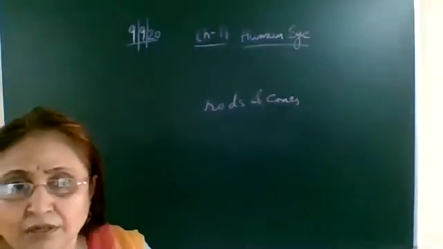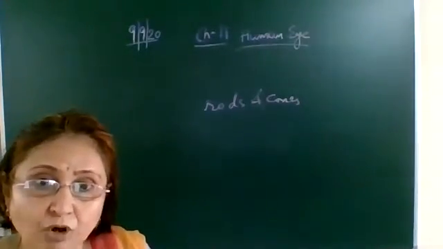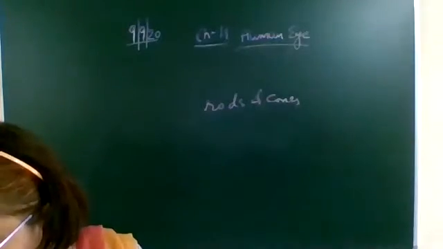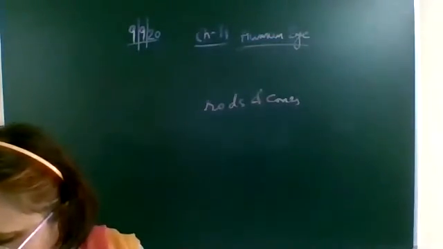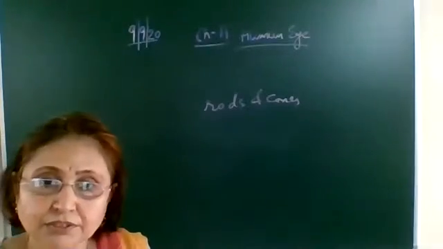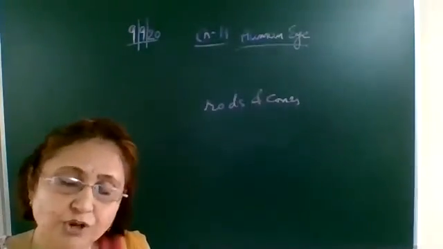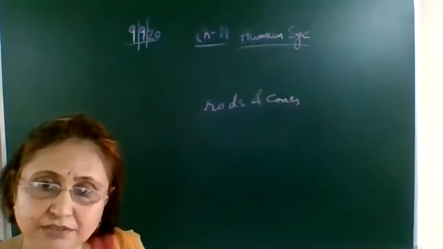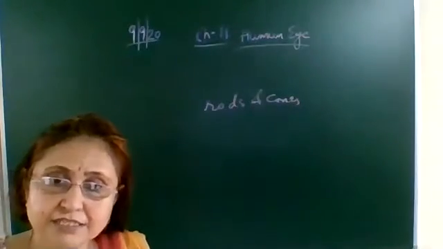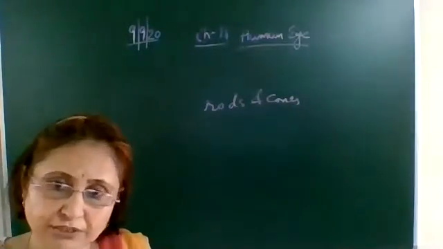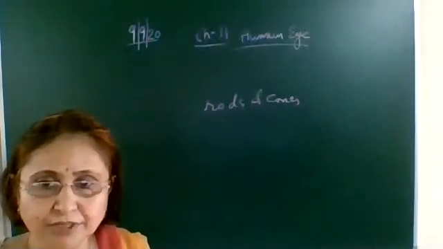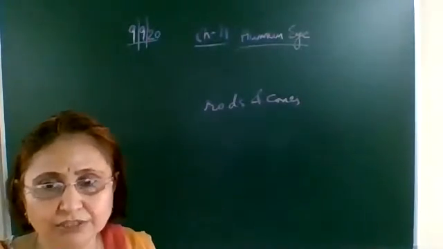So there are optic nerves also. Write the next part, optic nerve. Now what happens when the light falls on these light sensitive cells? This light is converted into electrical signals. Light is falling on the retina. The image is formed on the retina. So obviously light is falling on the retina.